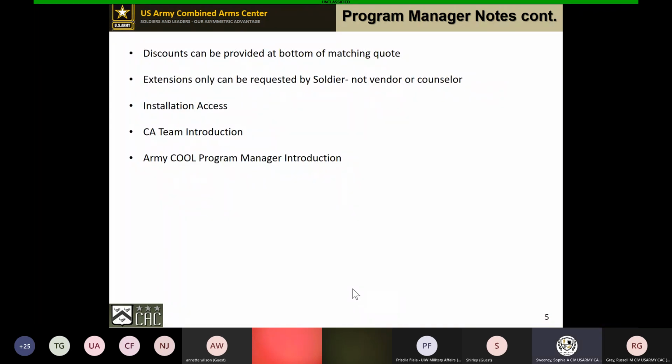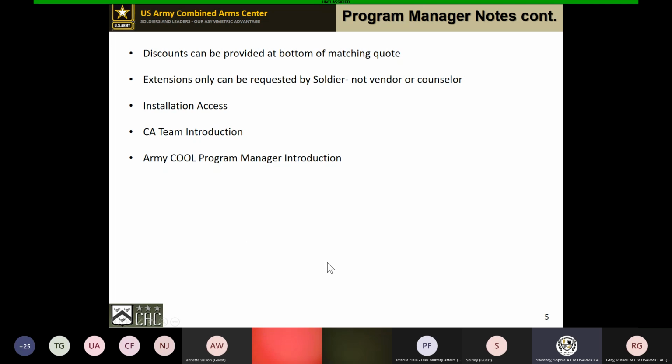And just like I was talking about earlier, discounts, we have no problem with discounts, but the quote still must match what is listed in Army Ignited. So if in Army Ignited the total price is $2,000, but you wanted to give a $500 discount, that's absolutely fine. As long as everything else matches, after the bottom of the total price, you can add a discount of $500. And that is acceptable, as long as the rest of the items match what is listed in Army Ignited.